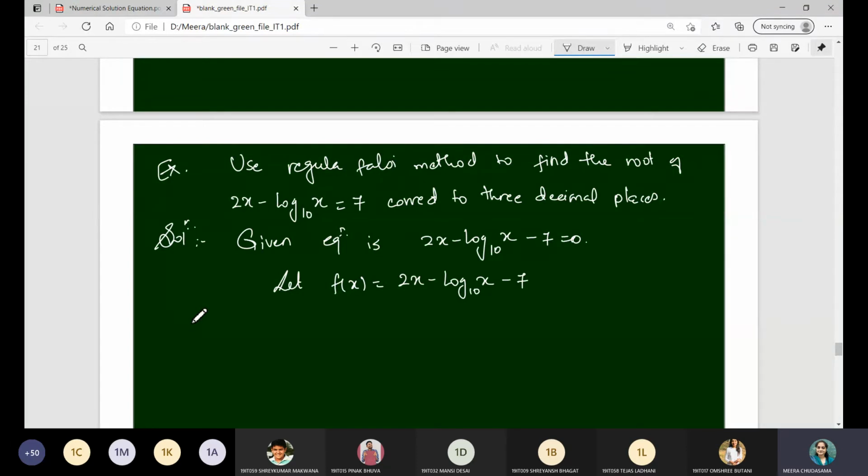We cannot take zero, the logarithm function is not defined at zero. Your calculator will also show an error if you put 0, because this is the graph of the logarithm function. So if you see here, it is first of all well defined for the interval 0 to infinity, the domain of this logarithm function. 0 is excluded. Why? Because from the graph you can see as x goes towards 0, the y value goes towards negative infinity. That's why your calculator will show a mathematical error or syntax error, whatever error it may be, but it will not give you the exact value because the logarithm function is not defined at 0. So you have to start with 1.